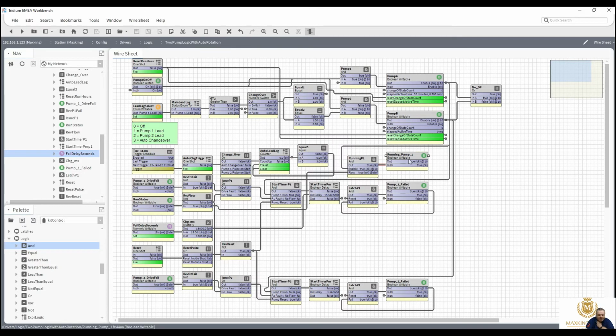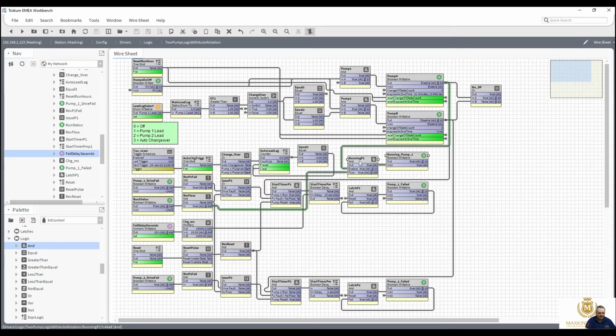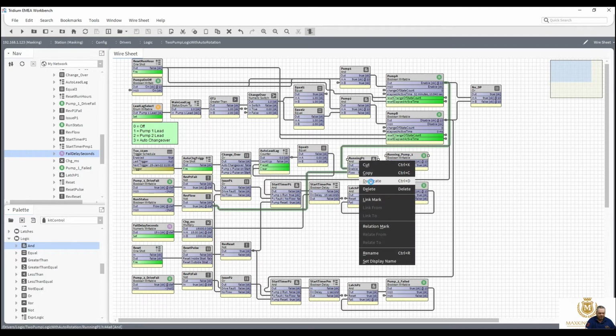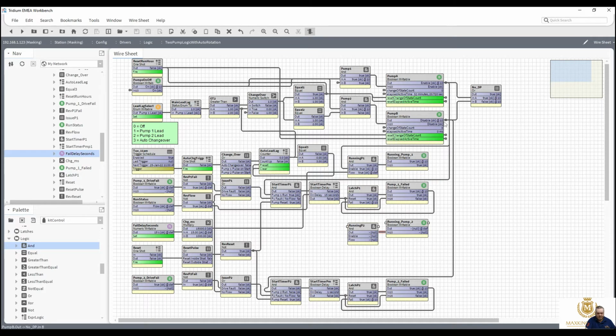So pump 1 running, just leave that as it is at the moment. I know it's running because it's got enable there, but I'm just putting it there for that, and let's just do a pump 2 running. So let's take that one and that, duplicate, shouldn't need to change any names, and take pump 2 enable,